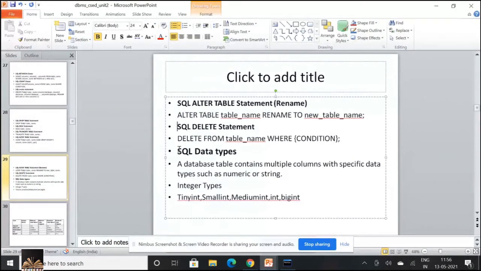And next, what are the different kinds of data types that are used while you're working with the CREATE statement of your table? You have integer types.